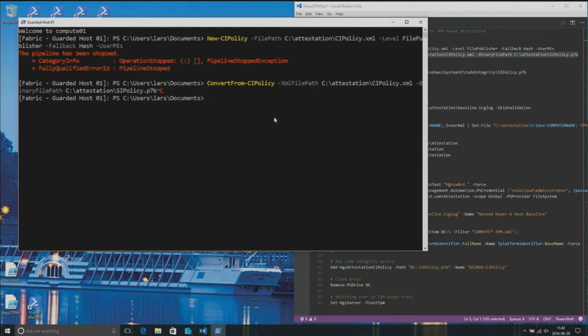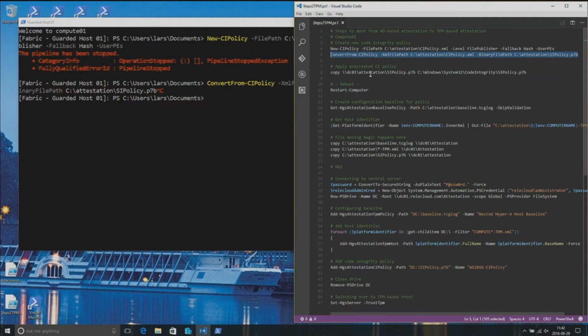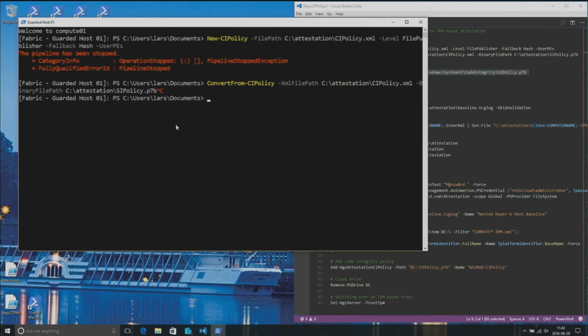But as I said, I already prepared the original code integrity policy. I already did the compilation bit and piece. So I'll go on to the next bit and piece. What I'm doing next is I'm going to apply this code integrity policy to the local host, merely by copying the compiled code integrity policy file into the directory C:\Windows\System32\CodeIntegrity, and it has a particular name. When I reboot this host now,